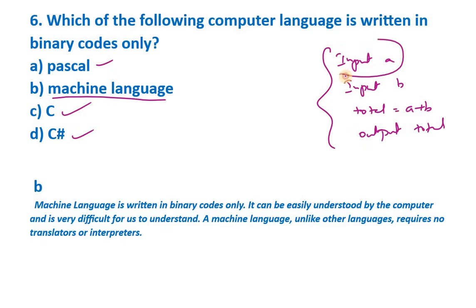It will convert all these things into machine language that has some codes, ones and zeros. So the computer understands only these ones and zeros. So binary codes will be stored in the computer, but that binary code is converted by a machine language. So basically, when you write a program in Pascal like this or C like this, it is converted by a machine language